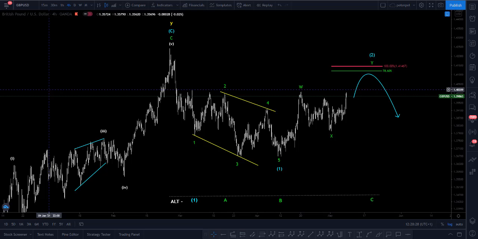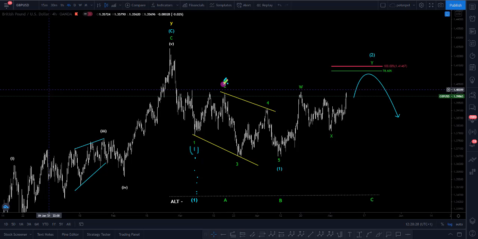So if you see, I'm having 2 counts for pound USD, and sometimes I do name my charts, which are very clear, but I want to explain it to you so that you really understand everything on the chart. Whenever you see me having these alt counts under these lines, it's very simple. This is how you are going to interpret it. With this, there is an alt count where the numbers are. If you trace it here, that means this side can be blue wave 1,